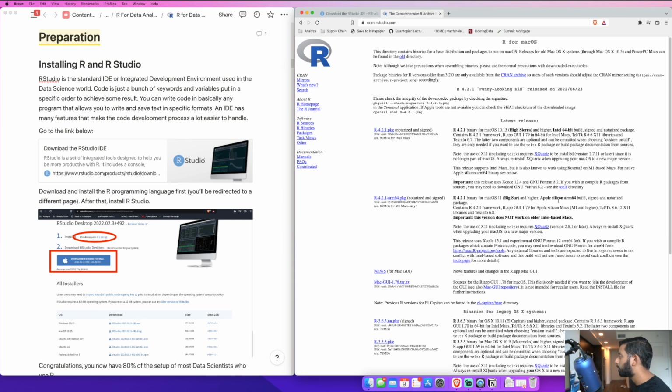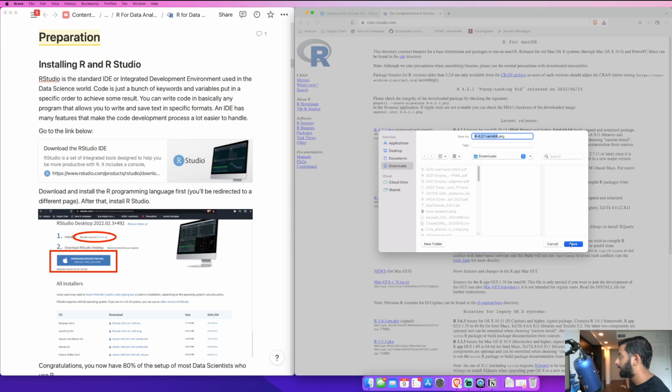Yeah, and I think I have an Apple Silicon, so I'm going to download this one over here. If you have an Intel Silicon, you download this one over here. You can check by going to the upper left corner, going to About This Mac, and it'll say something like Apple Silicon or Intel Silicon. The reason I'm not going to click on that is because my device's serial number would be there. So I'm going to click on that